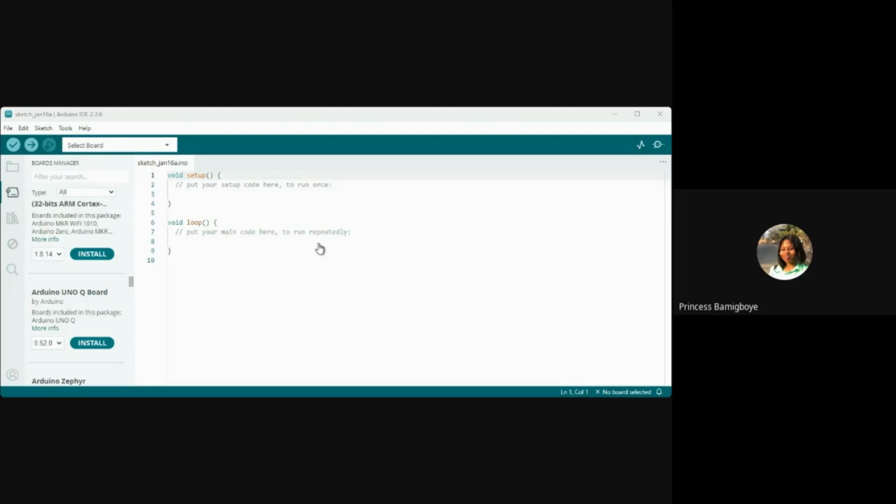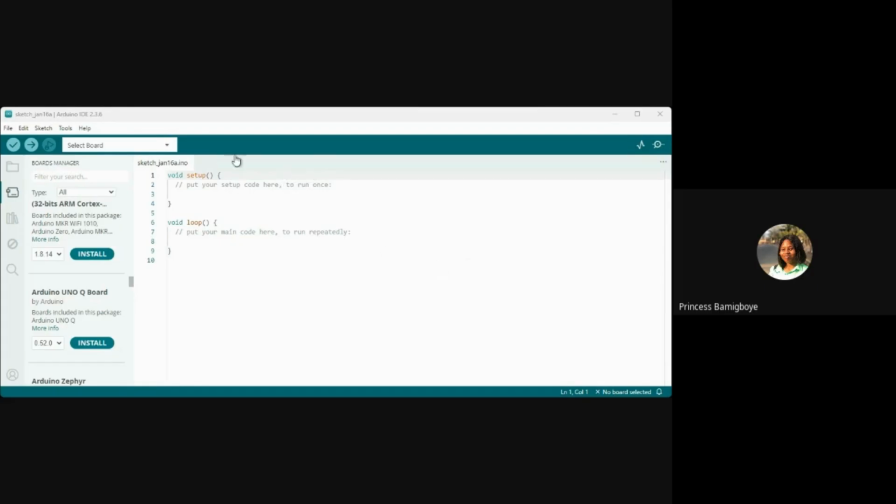It's like a collaboration between Arduino and Qualcomm. And in the process, they created, ladies and gentlemen, the Arduino Q.